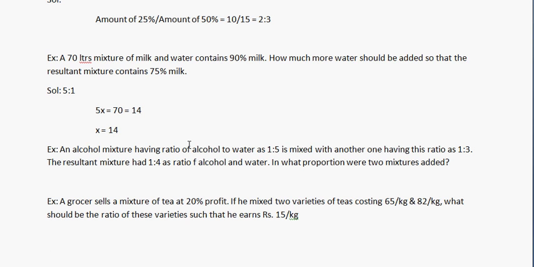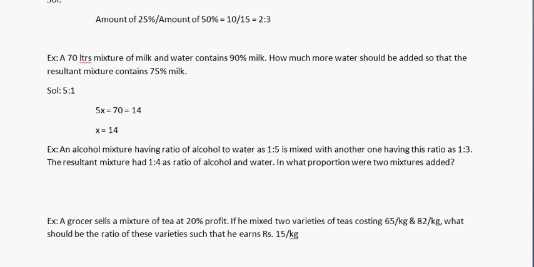Next question says, an alcohol mixture having a ratio of alcohol to water as 1:5 is mixed with another having this ratio as 1:3. The resultant ratio of alcohol and water is 1:4. So in what proportions are these two mixed? So even if it is a proportion, 1:5 means